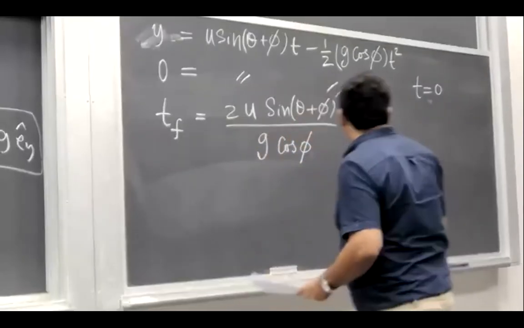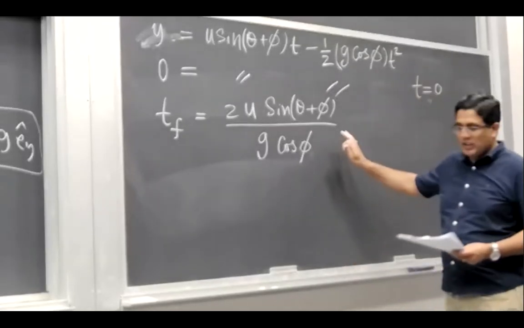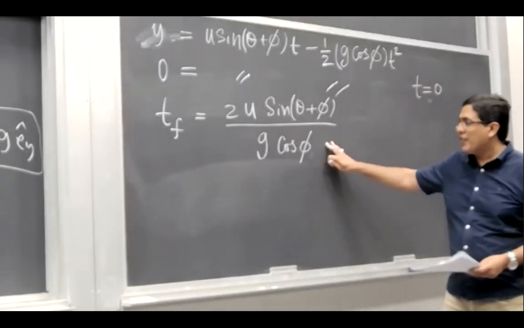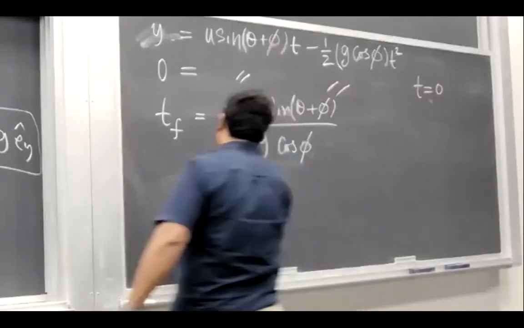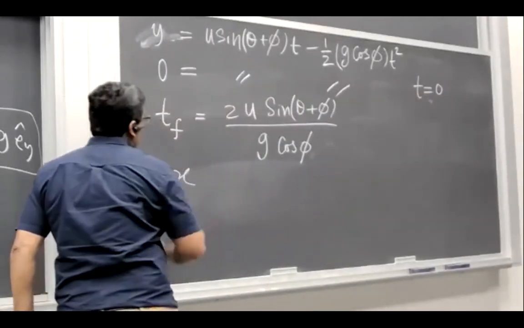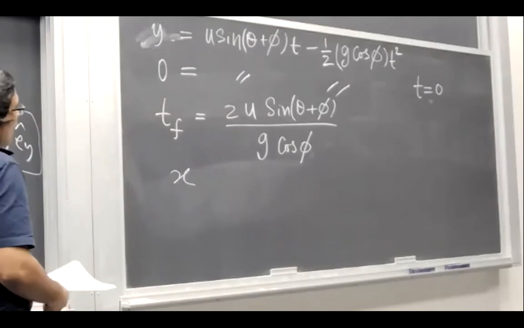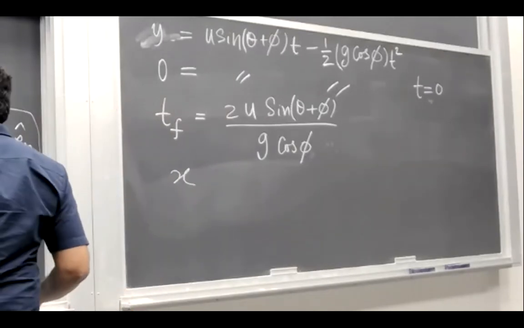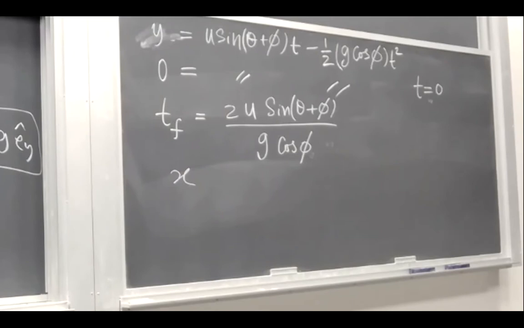So the next is very simple now. So we have found the time of flight, and the range we have already defined is nothing but the x coordinate. ठीक है ना, जो x coordinate है उसको आप लिखें, वो x coordinate हमारे पास यहाँ पे लिखा हुआ है पिछली एक्सप्रेशन में। I'll just recall it verbally and you can look at your notebooks. The x coordinate is u cosine theta plus phi times t plus half g sine phi t squared. That's the x component.